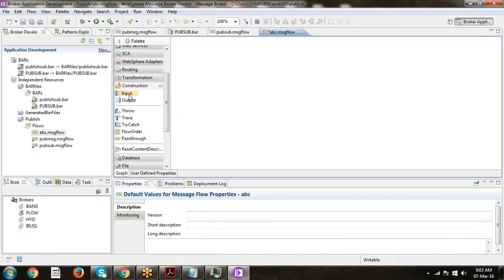No need to design all 10 flows. You design one flow as a subflow that will be called from the remaining flows, wherever you want to use that function. So subflow is also very important for developers.